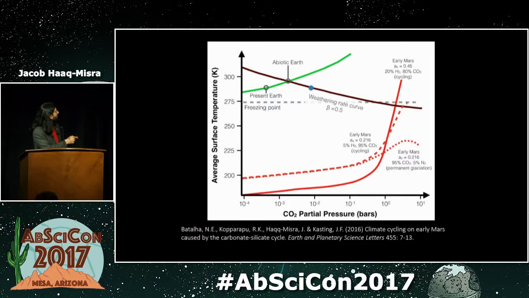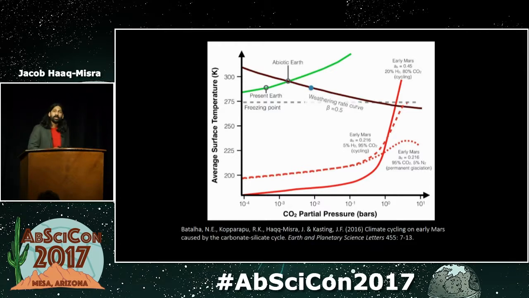And what we're showing here is this red line gets above this weathering curve, which means you're going to cycle. Sorry, this plot's a little confusing, but the basic message is if you have, in these calculations, an 80% CO2 atmosphere with 20% hydrogen, you get cycling, whereas if we have only 5% hydrogen, we don't get